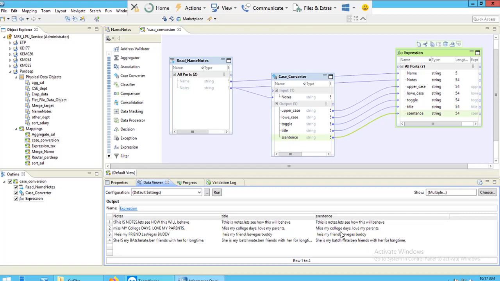So sentence works the same as the title conversion type with delimiter equal to none. If you keep the title conversion type with delimiter none, it will work the same as sentence. Sentence will also convert the first letter of each sentence into a capital, and the rest of them will be in lowercase.